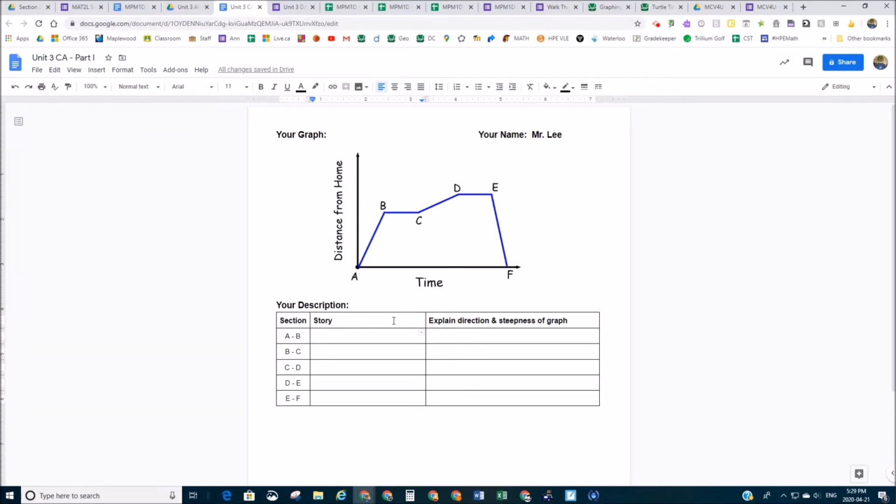Okay, I'll do the first one for you as an example, and then you're going to fill in the rest on your own. So, for example, in this first part, I notice the graph is going up, so the distance from home must be increasing. So first, you're going to talk about your story. So the story is,